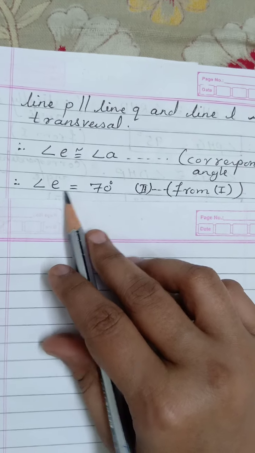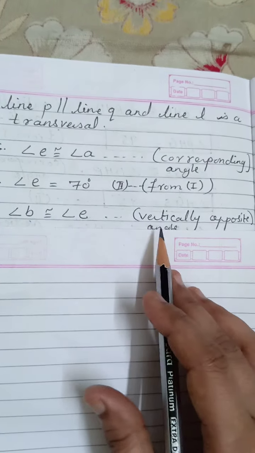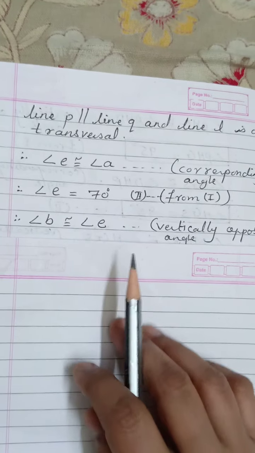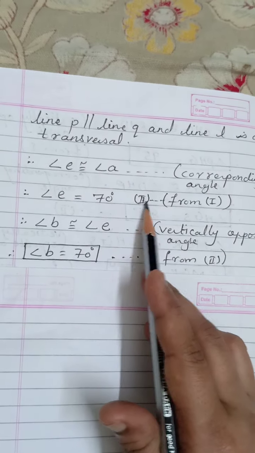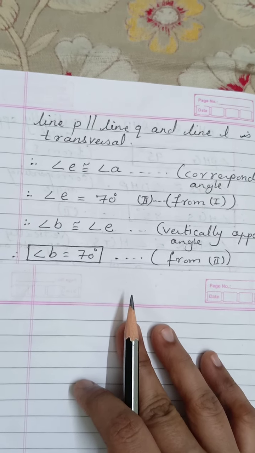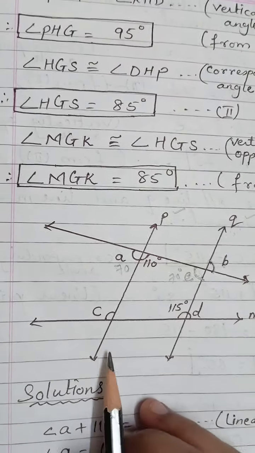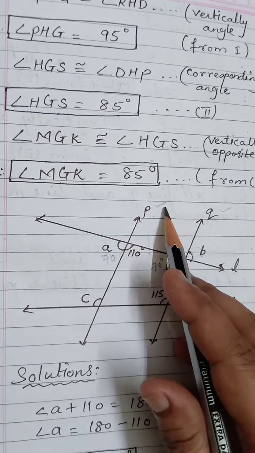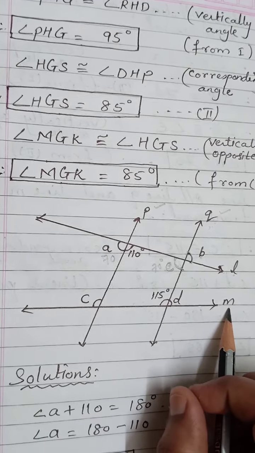Now I have explained in the figure that angle E and angle B are forming vertically opposite angles. So I have taken that only. So E is 70 degrees, so obviously we will apply the value here for E. So B will also become 70, and this 70 we have taken from 2. So in this way we have completed the solution to find angle B. Now we will see how to solve for angle C. See here again, this line P is parallel to line Q, and I am taking here the transversal M.